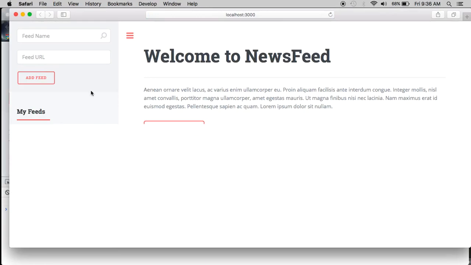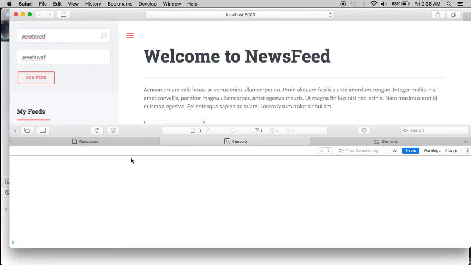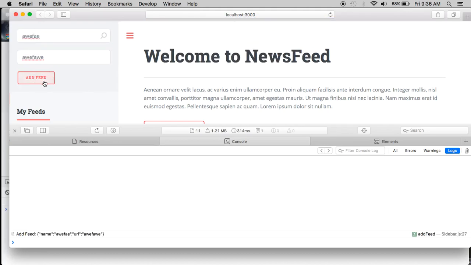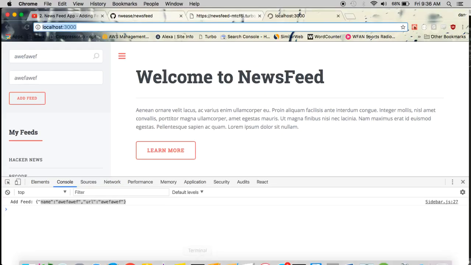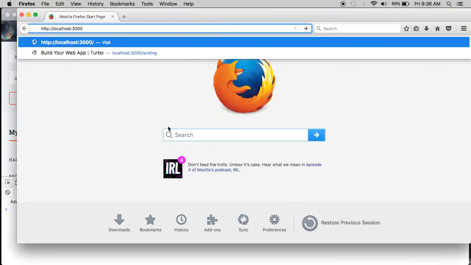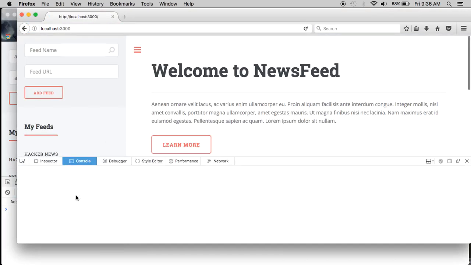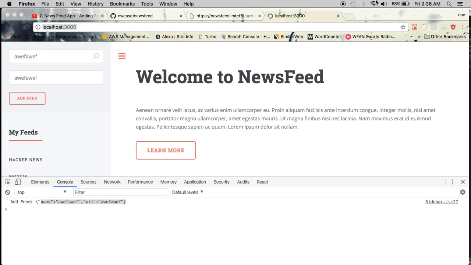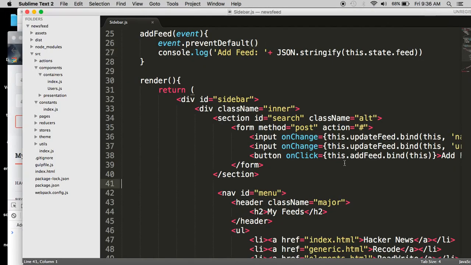Let's see what happens on Safari. Same thing, although we're not getting a console log here. Oh, there we are. Okay. And let's see if Firefox gives us any different behavior. Okay, so I'm not able to recreate the issue here, but it's worth pointing out that the fundamental problem is